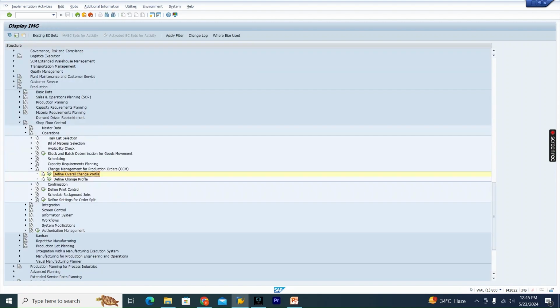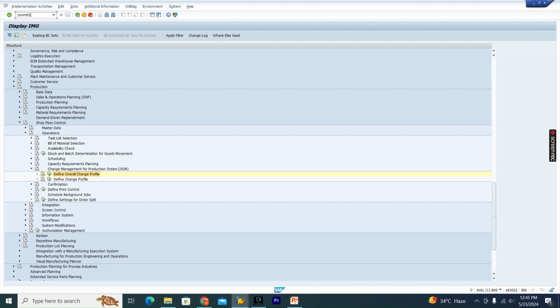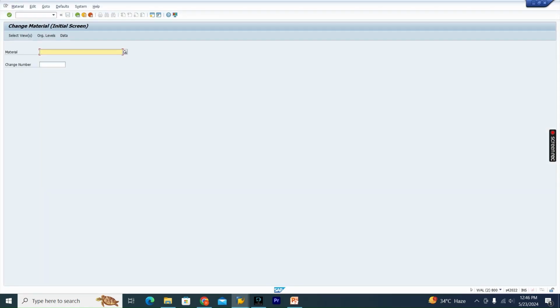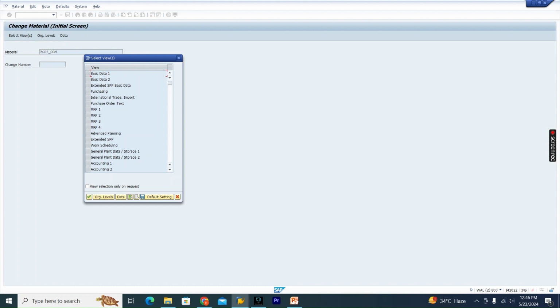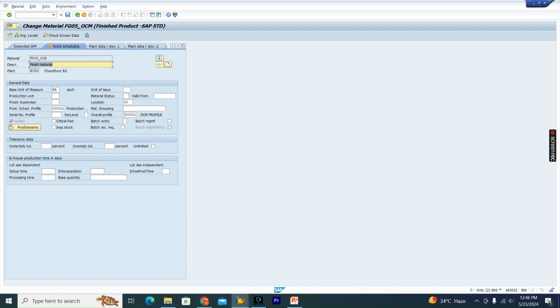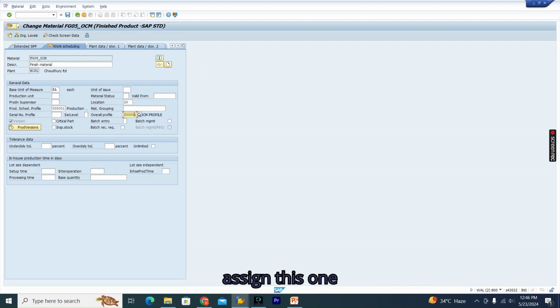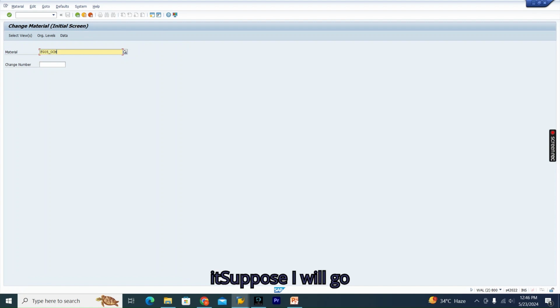Then after that, this overall profile we need to assign to the material master, in the work scheduling view. Okay, so once we assign it,